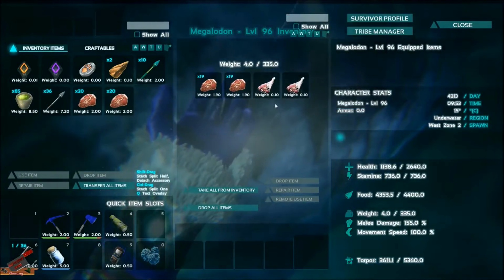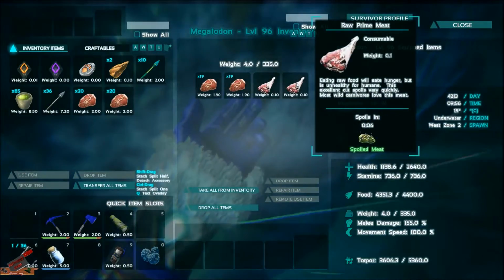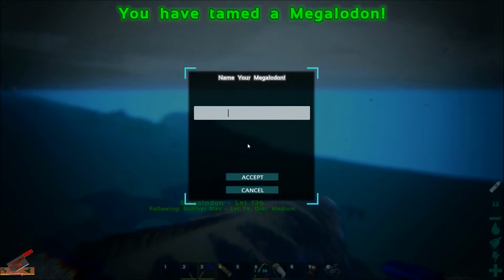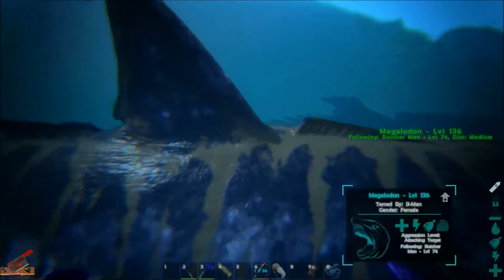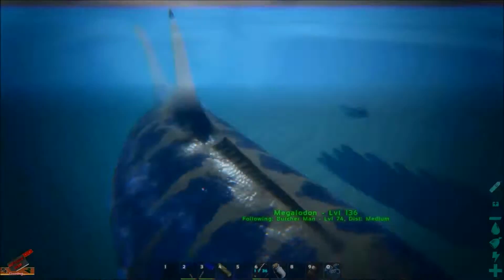I ended up pulling the stuff off, jumping into the ocean, and there was a Megalodon right there in front of me that wasn't this Megalodon. So I'm just like, oh crap. Okay, here we go. Yay! Let's see. What do you look like? You're blue. Kind of a bluish gray color. There's some...